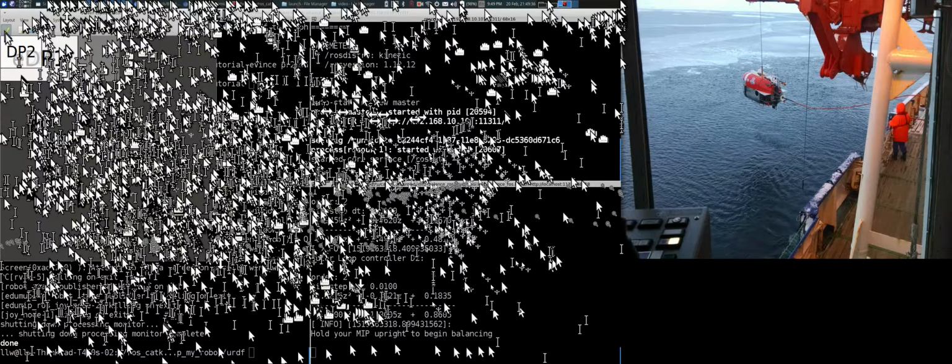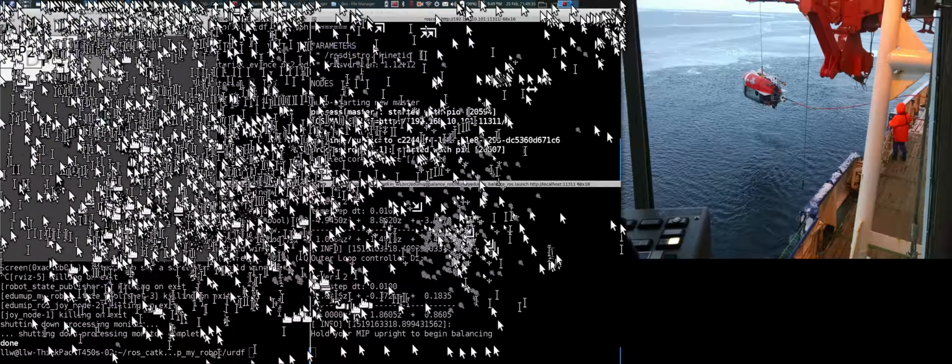I'm going to put this version of RViz away. rosrun rviz. So here's an empty RViz display. My fixed frame I'm going to choose as world, and then I'm going to add a robot model,